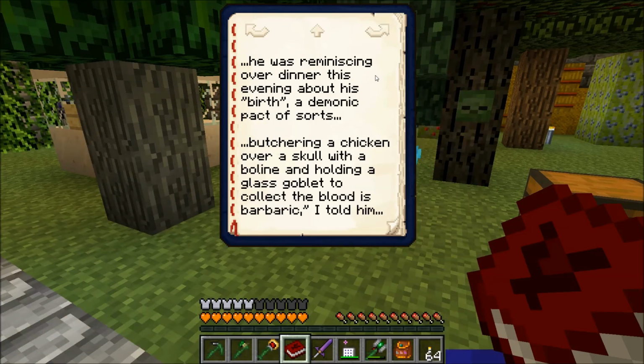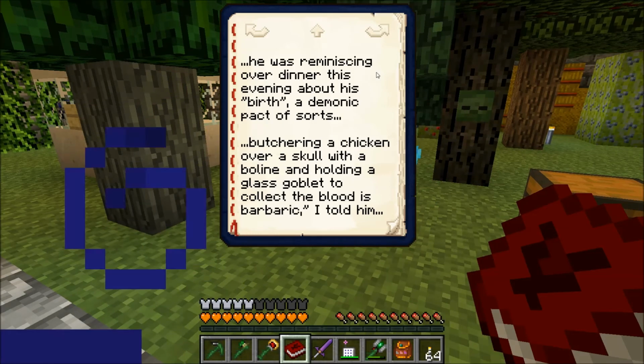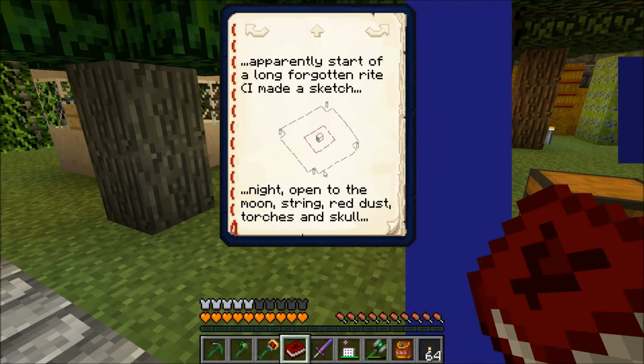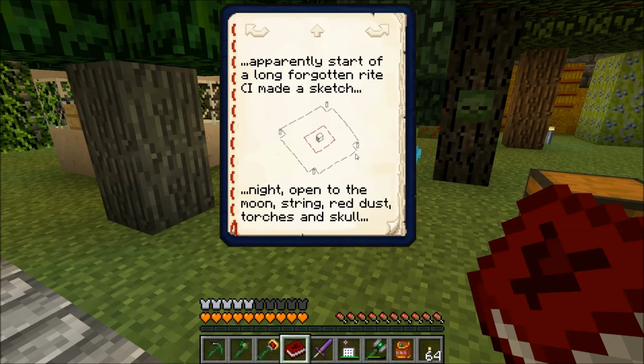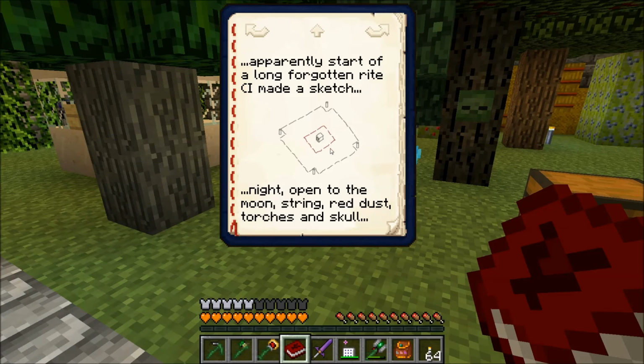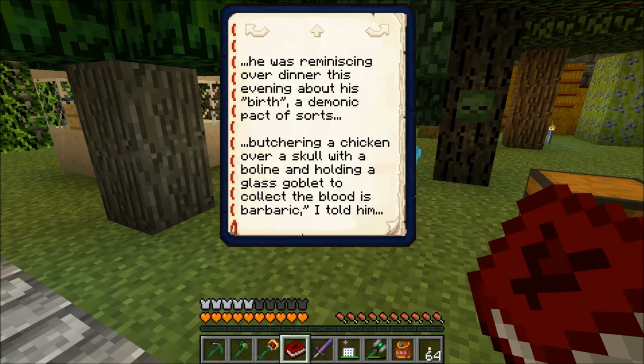What we need to do here is basically get ourselves a chicken and a skull and then a few other pieces here. We basically need to create this pattern on the ground. You can see they broke it up in the sketch a little bit. You can see it's 5 pieces along here, and it looks like we've got a dent in of the string with a torch in each one of the corners, then redstone dust here, a skull in the middle. And it needs to be open to the sky, and we're also going to need, where was it? Butchering a chicken over a skull with a...